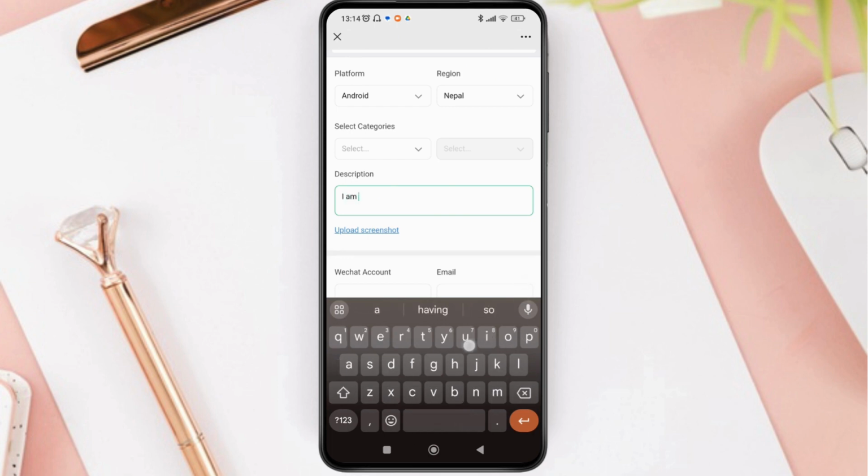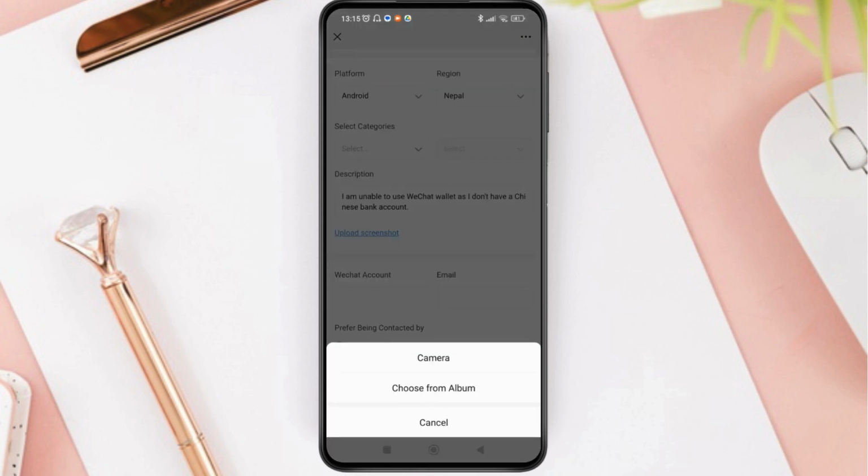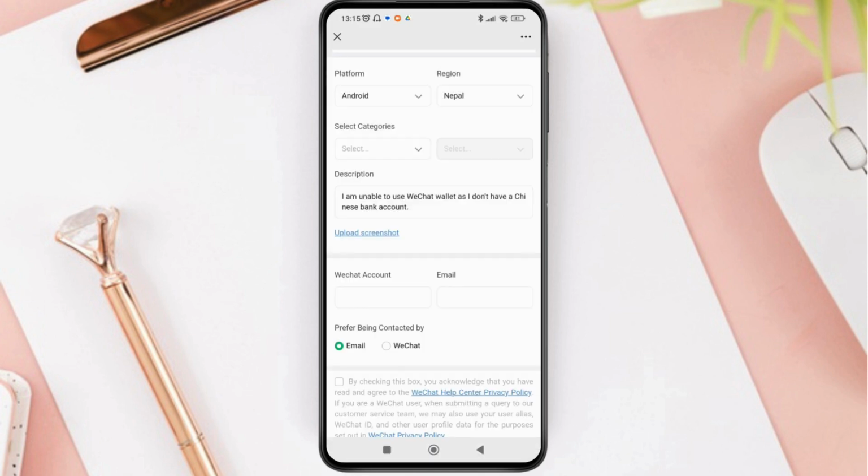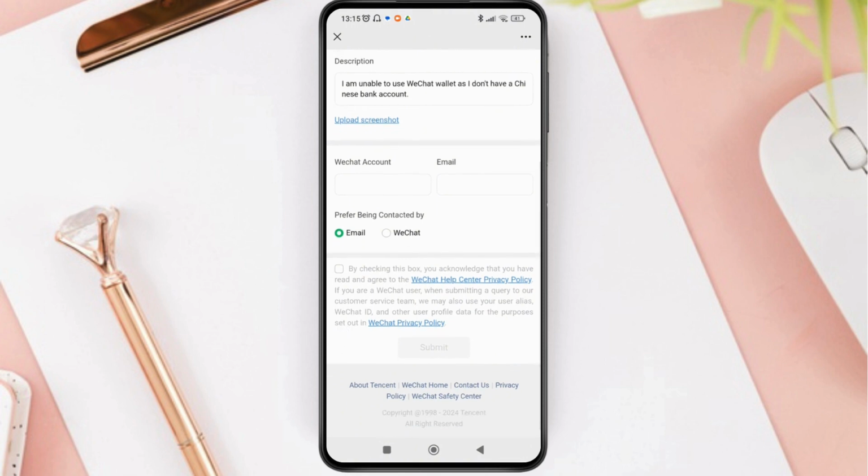So you can just type, I am not able to use the WeChat wallet as I don't have a Chinese bank account. You can also upload a screenshot of the issue that you're having. So just tap on upload screenshot and you can choose from your album or you can click with the camera. Now down there you enter your WeChat account or an email ID